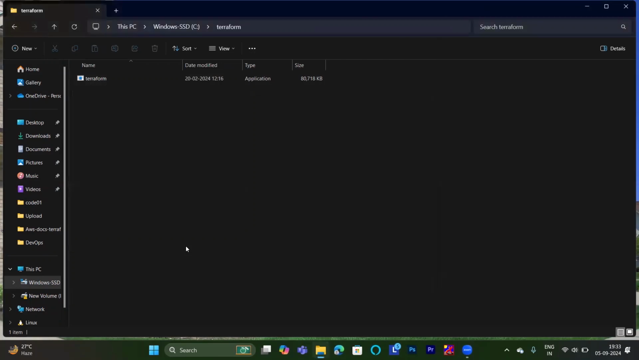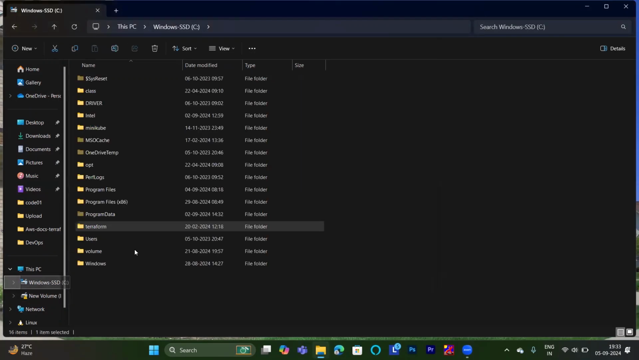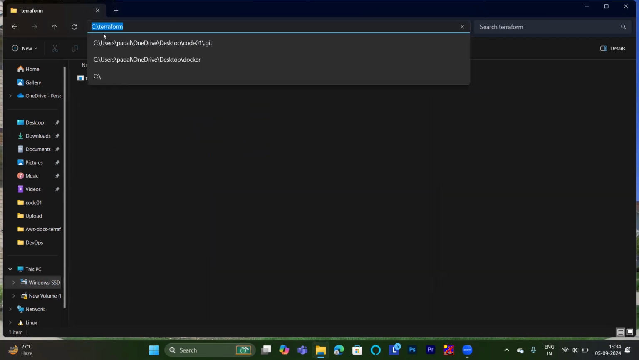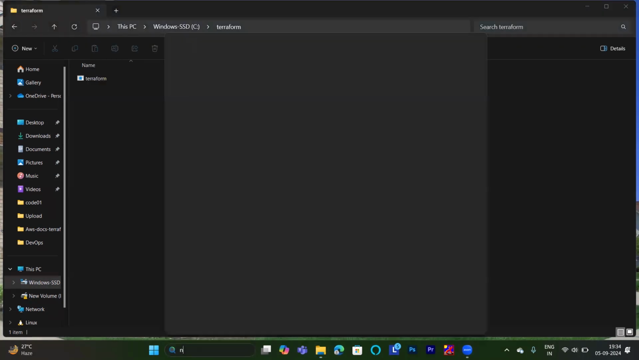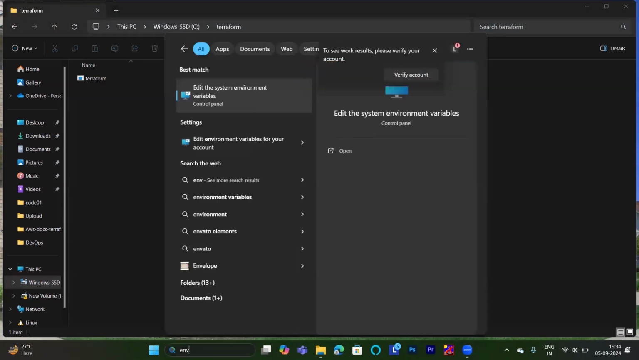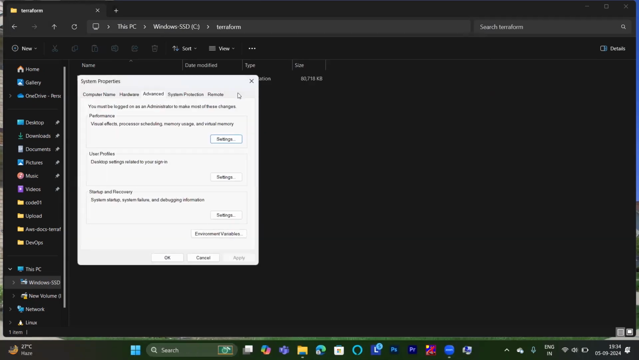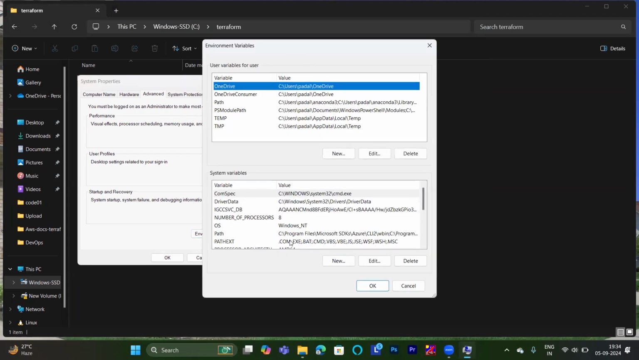So it's not that you must create it in the C drive. Please create wherever you like, but you need to copy this path, because there you need to define the variable. Control C. Go to the environment variable, the system variable, not the user one. After going to the environment variable, go to the path, and click on